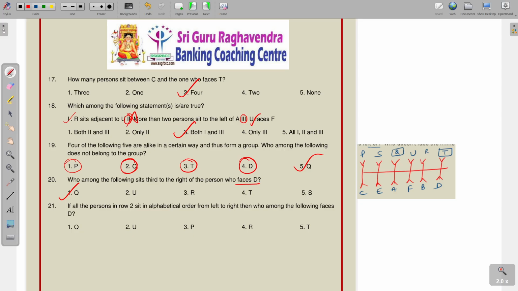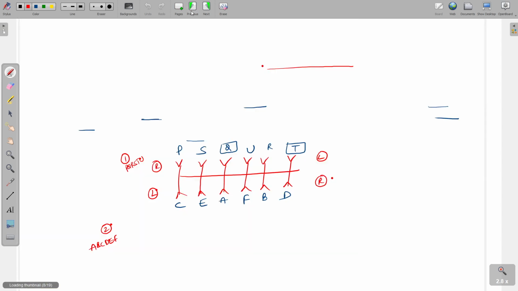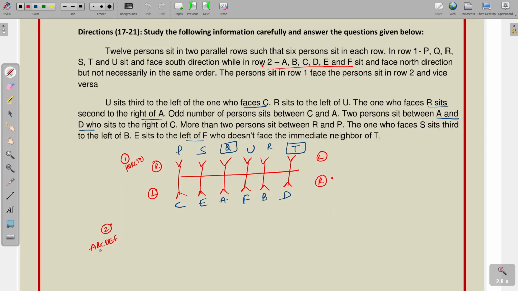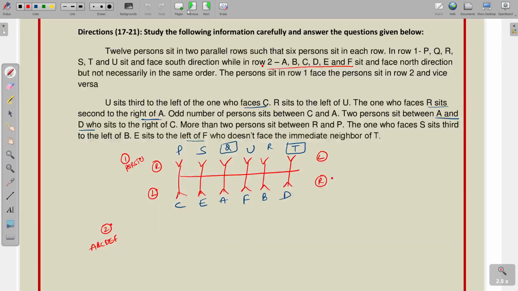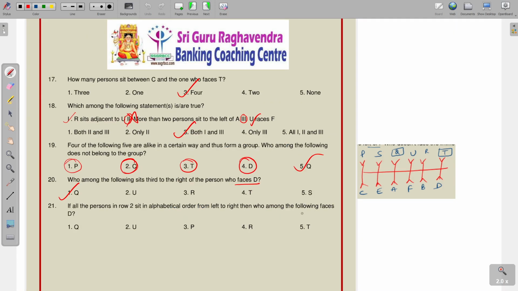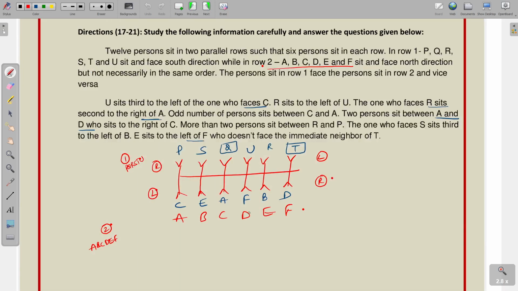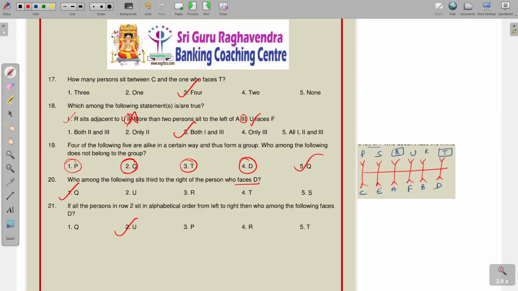If all the persons in row 2 sit in alphabetical order from left to right, who among the following faces D? So see, in row 2 it is A, B, C, D, E, F. Here they are asking us to arrange everyone from left to right. So first A, B, C, D, E and F. What is the question here? Who among the following faces D? So who is facing D here, that is U. Option 2 is the answer. Next,